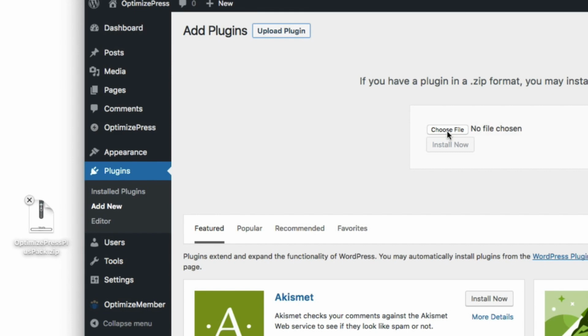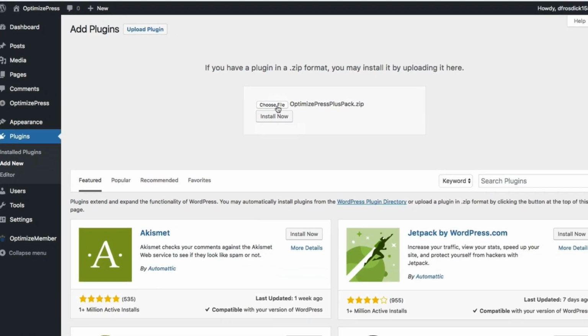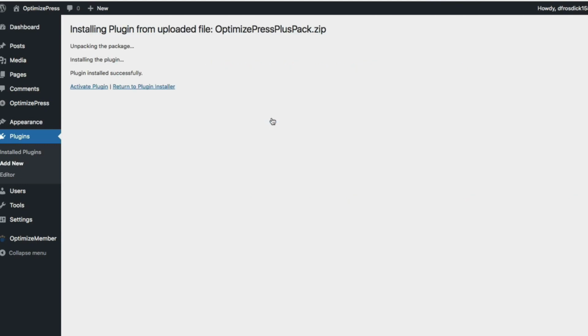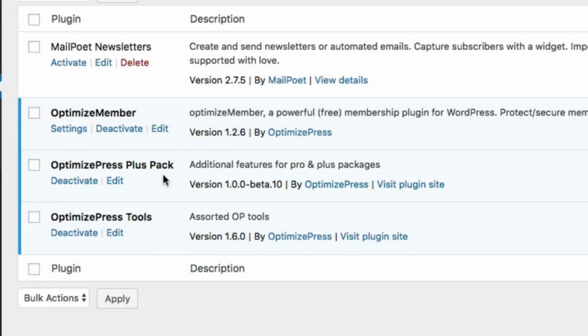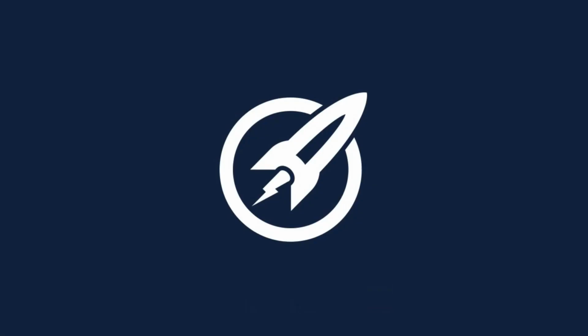name in internet marketing. With OptimizePress, users can build marketing funnels, checkouts, and manage membership portals and blogs in WordPress without the limitations of other hosted platforms or paying the high monthly recurring fees for many different tools. In addition, OptimizePress can be used as both a theme and a plugin, so even if you're using another theme, you can install and utilize OptimizePress, and you can easily set up all of your squeeze pages with a few